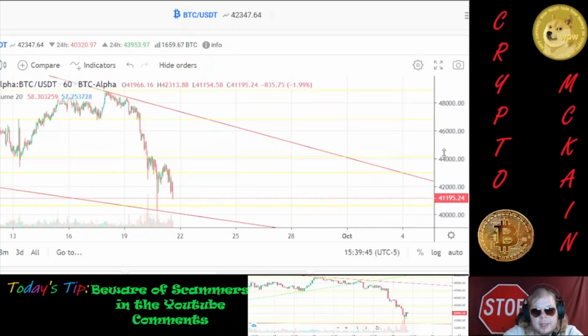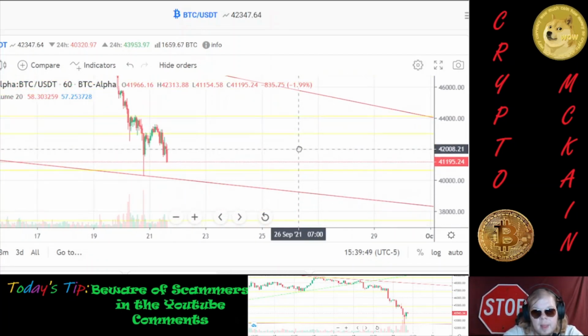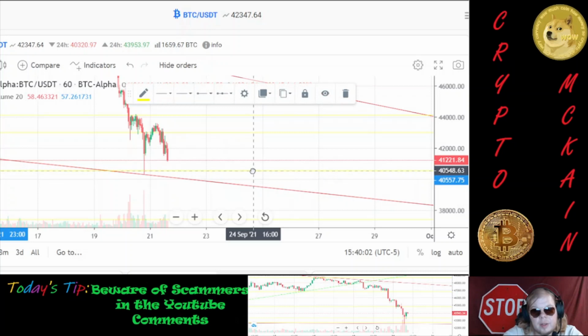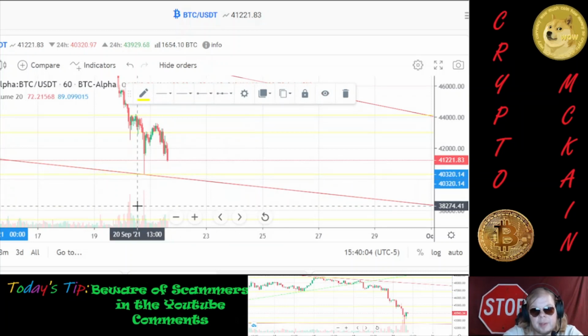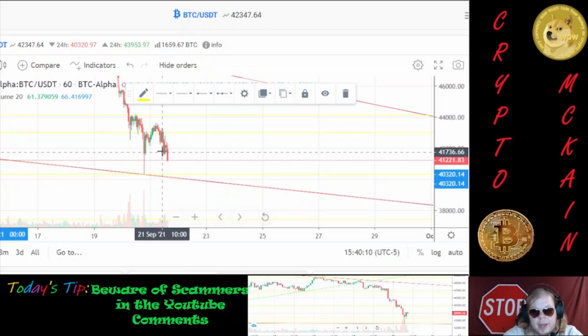So if we're staying in this same descending triangle we had drawn on the other one, it looks like our next level of support is going to be right at about 40,600, 40,500, almost right where it bounced off. Let's go ahead and do that. Right where it bounced off, it was 40,320. So right in that area,